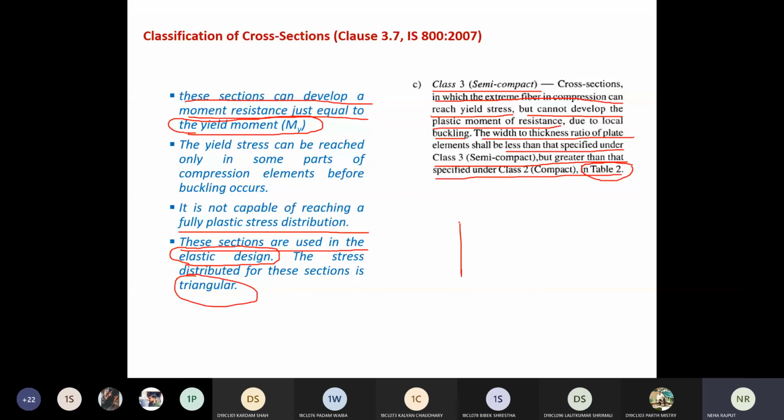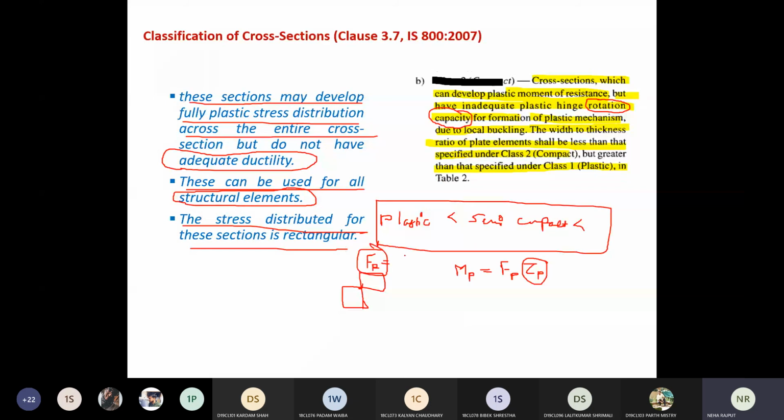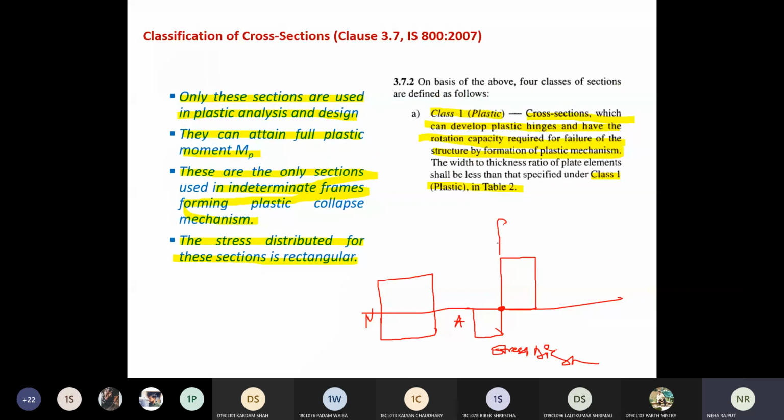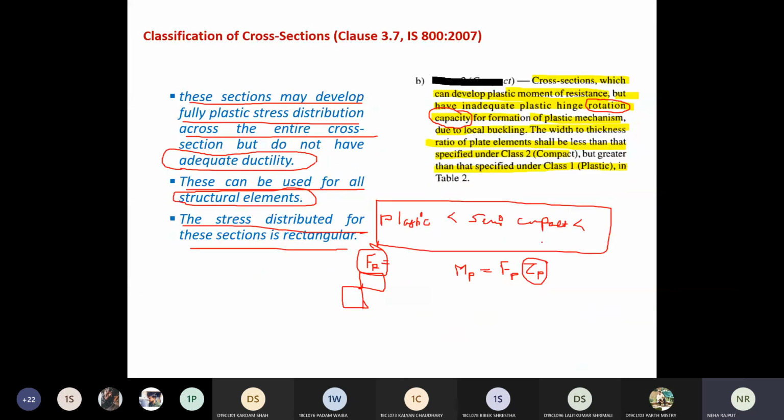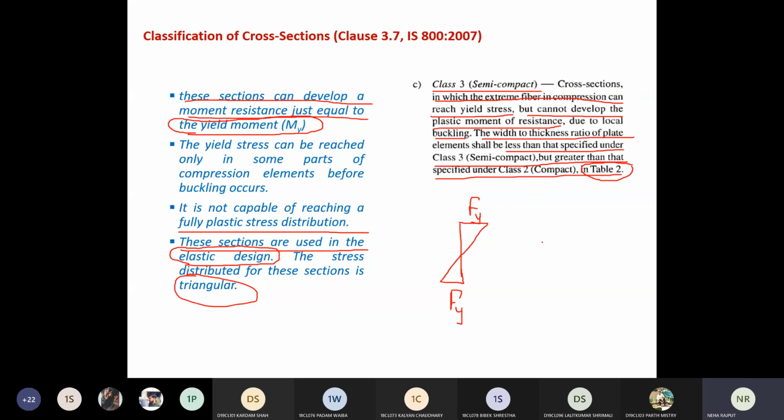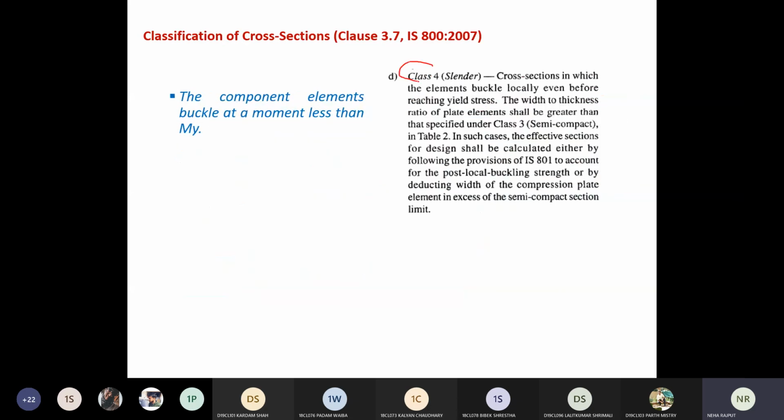So if you want to draw the stress distribution for semi compact, then this is the stress distribution for semi compact, and here you need to write down yield stress Fy. Here you can write Fp. Here also you can write Fp, plastic stress. But in semi-compact, Fy.